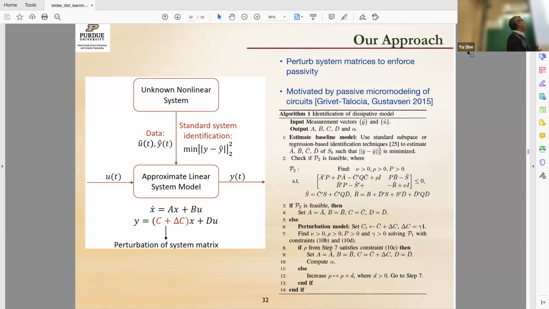So our approach here is essentially that I will learn a system model, and then I'll perturb this matrix C. So C was the system matrix that I learned, and then I'll perturb it to the extent that I get a passive system. And this perturbation approach, if I do the perturbation carefully, passivity of this system will give some guarantee to the passivity of that system. Okay, so this theory was actually in passive circuit modeling. It was in transactions on circuit design and so on that this theory had appeared, and we basically applied it to a more general system.